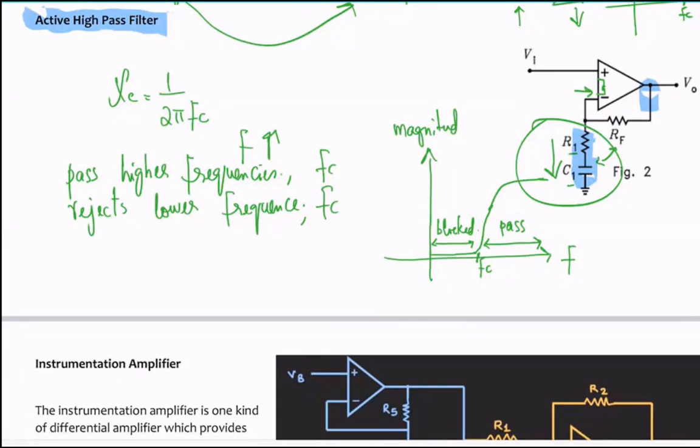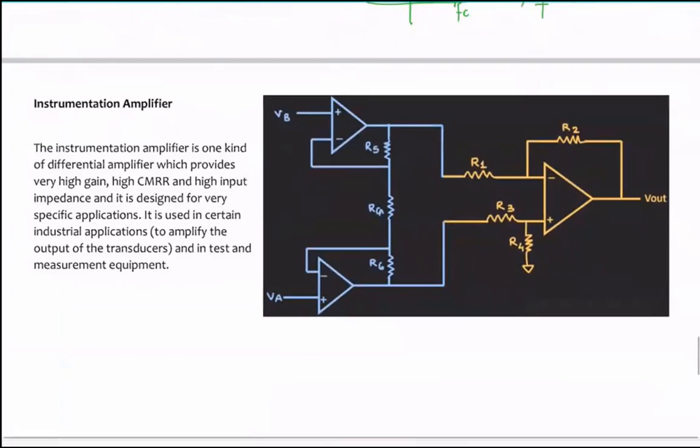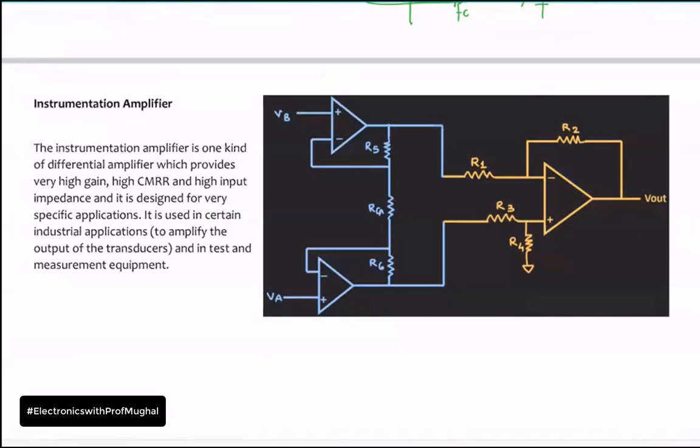I have one more example, which is the instrumentation amplifier, and then hopefully this will be the end of today's lecture. This is also something that I gave you as homework number 4. I know a couple of you have already done it, but I just wanted to look at another instrumentation amplifier as an application of op-amp, and then because we have an exam coming up on Thursday,